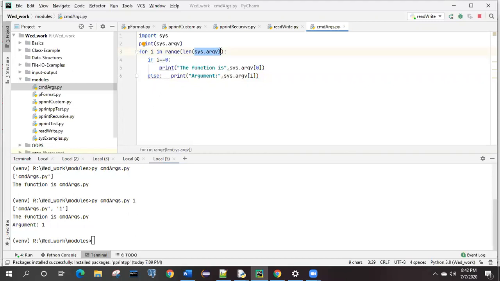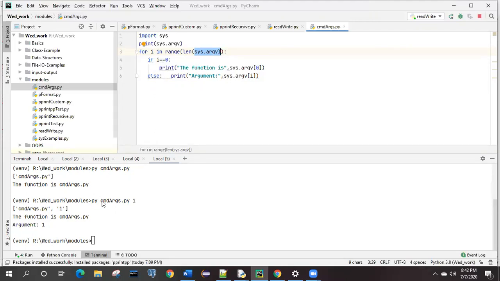There we were writing in the same file itself, but now we are doing it with the help of the argument. Got my point? So here argument of 0 will be the name itself, it will print. The file name itself will be the argument 0.